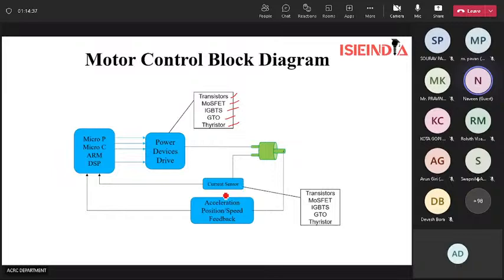There is a current sensor also which senses the